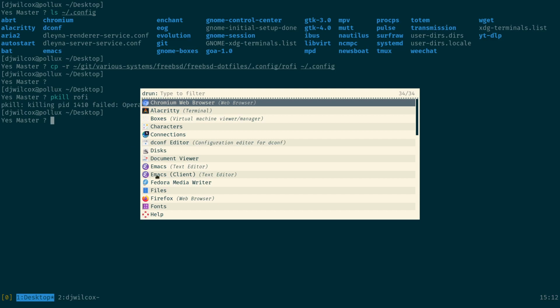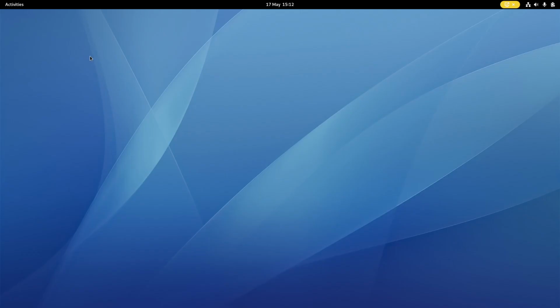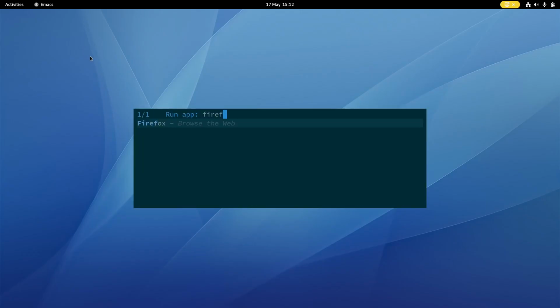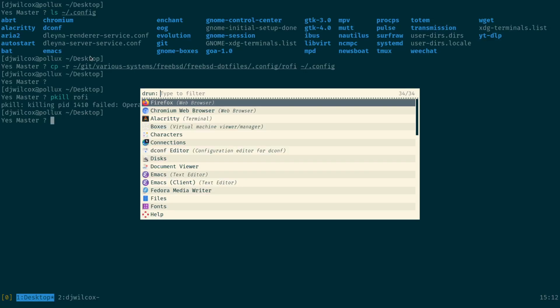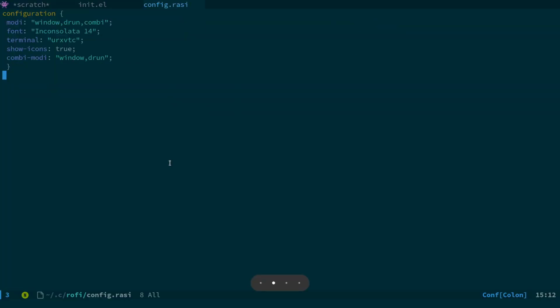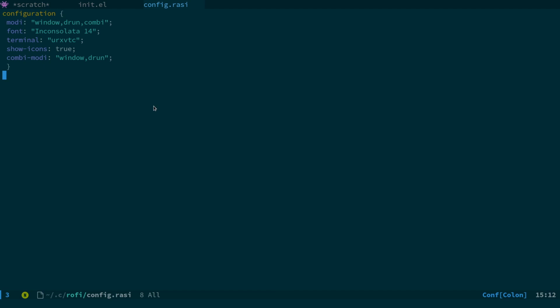See if I can do Firefox and see if I can get it to switch to the window. No, it's not. I could have sworn before that it would actually switch to the window, but obviously I was wrong. But I just wanted to show you what rofi looked like